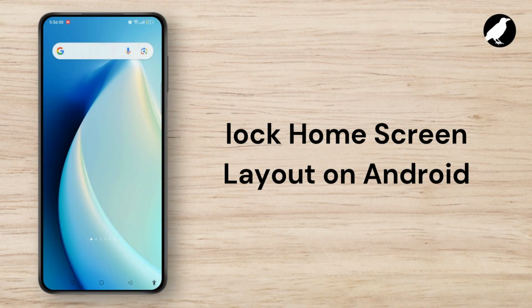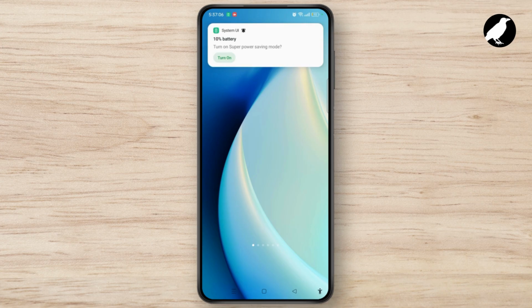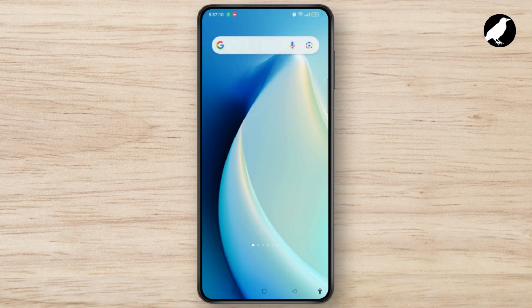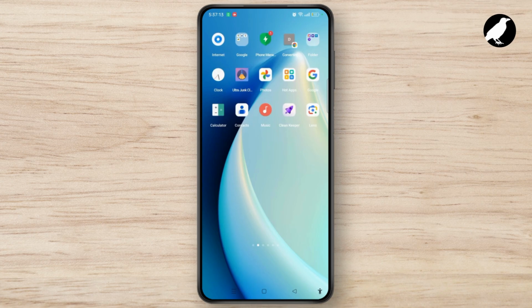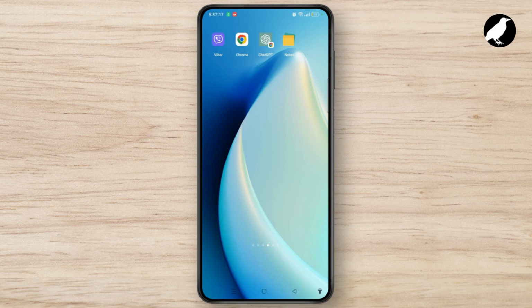How to lock home screen layout on Android device. Locking your home screen layout will prevent changes from being made on your home screen. Suppose you want to delete some of the apps and your layout is locked, then you will not be